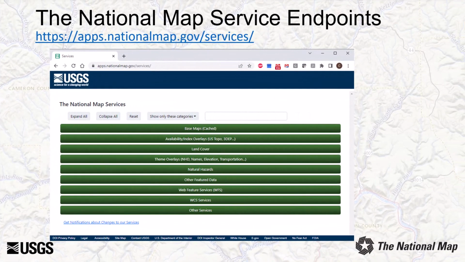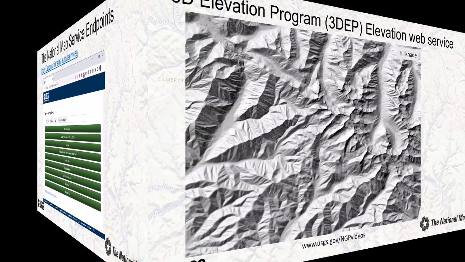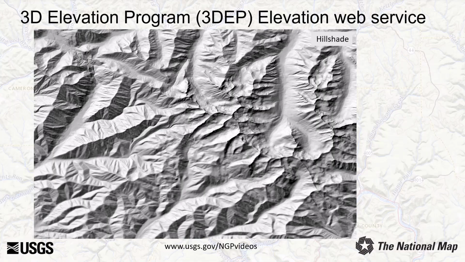The National Map publishes over 49 services containing a variety of base maps and specialized GIS data. Service URLs are case-sensitive, and all are available through SSL connections by using the HTTPS protocol. This video tutorial shows how to use the National Map's 3D Elevation Program, or 3DEP, elevation web service in ArcGIS Pro and ArcGIS Online. The new Elevation Map service creates multi-resolution visualizations on the fly from digital elevation models, or